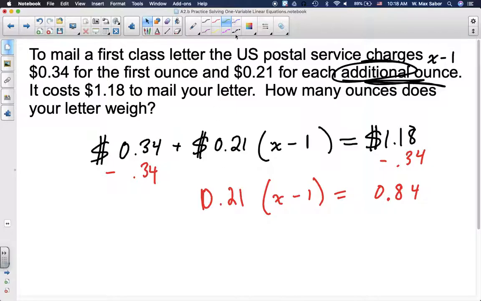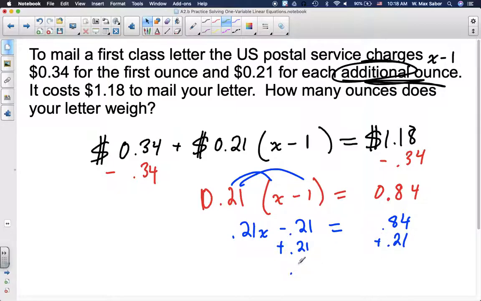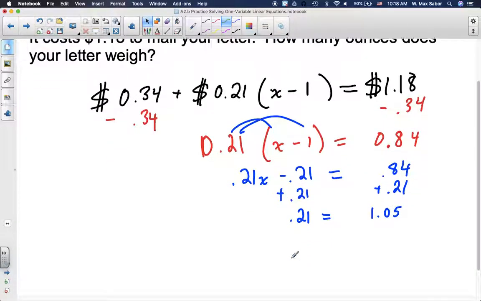Now, let's distribute. 0.21x minus 0.21 equals 0.84. Add 21 hundredths to both sides. So 21 hundredths equals $1.05. Dividing,